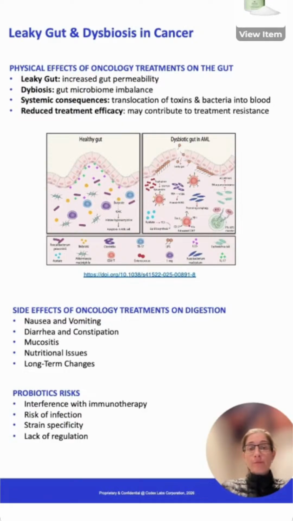This then has an impact on the efficacy of the treatment. A dysbiosis has been linked to reduced efficacy of immunotherapies and chemotherapies, in some cases contributing to severe treatment resistance. In the image that I'm showing from a paper, this shows this effect for acute myeloid lymphoma chemotherapy with methotrexate. The disappearance of the good bacteria that produce butyrate that feeds the gut cells and the increase in pathogenic bacteria